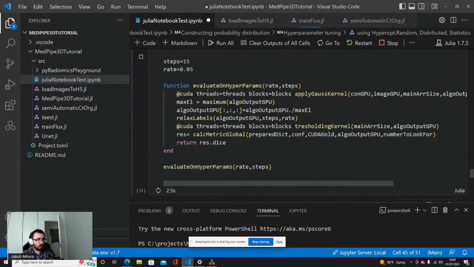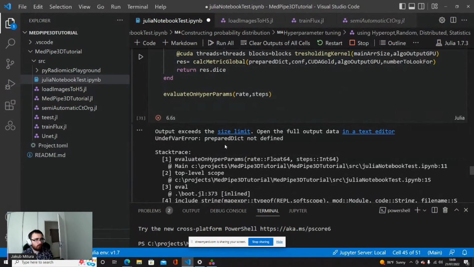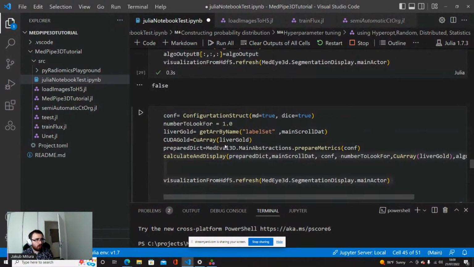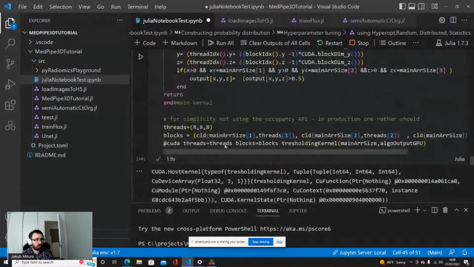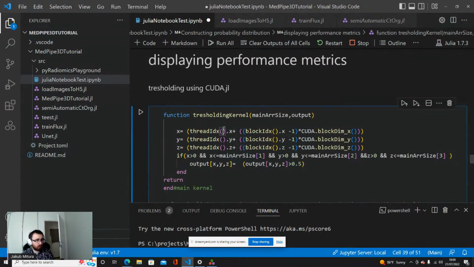So here I collected most of the things that we did earlier, just without copying it here, because I got too fast. Sorry, we did not yet perform the metrics.